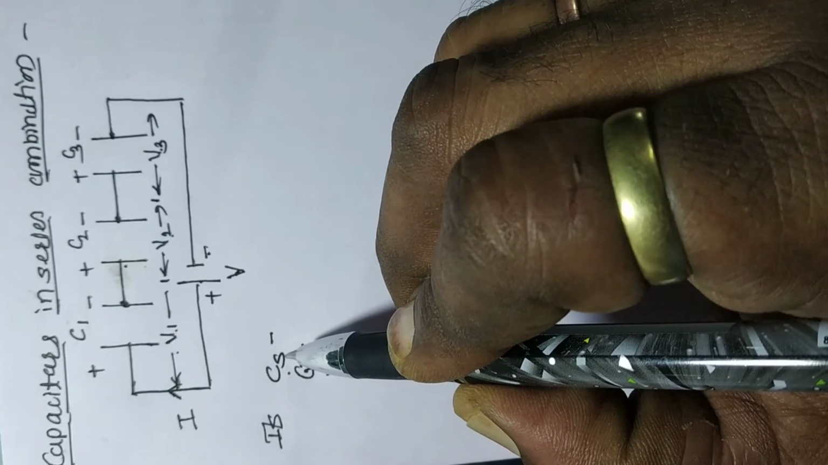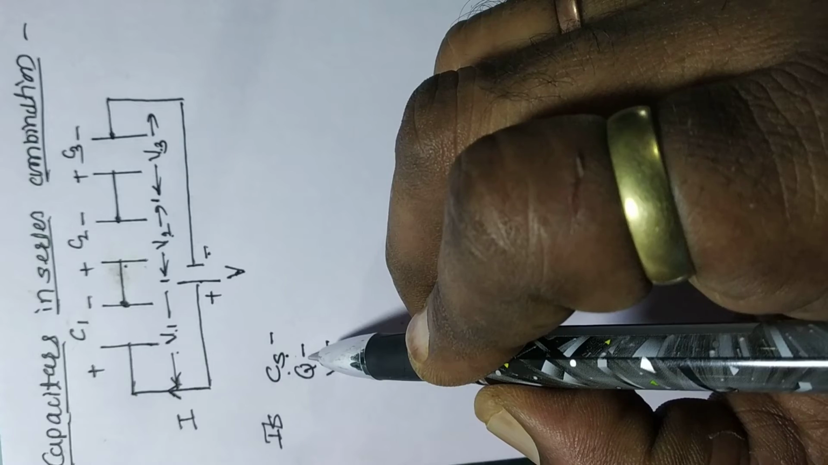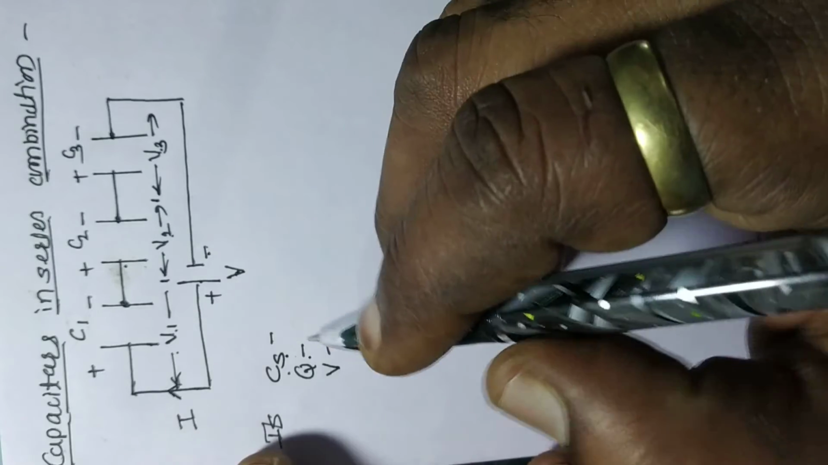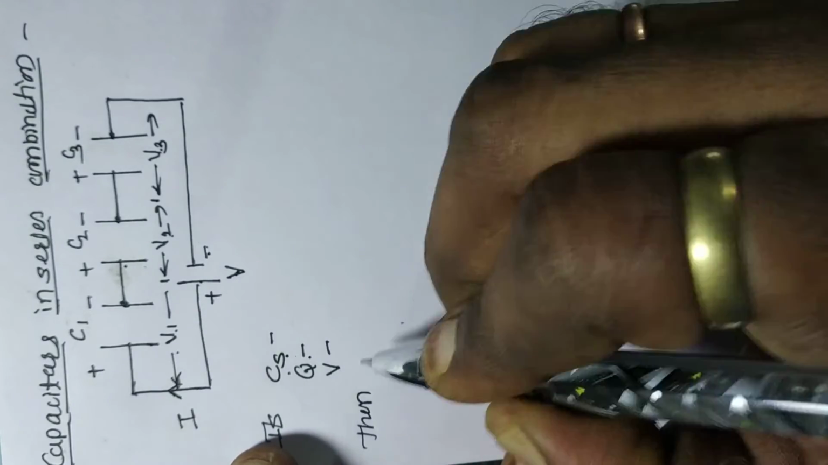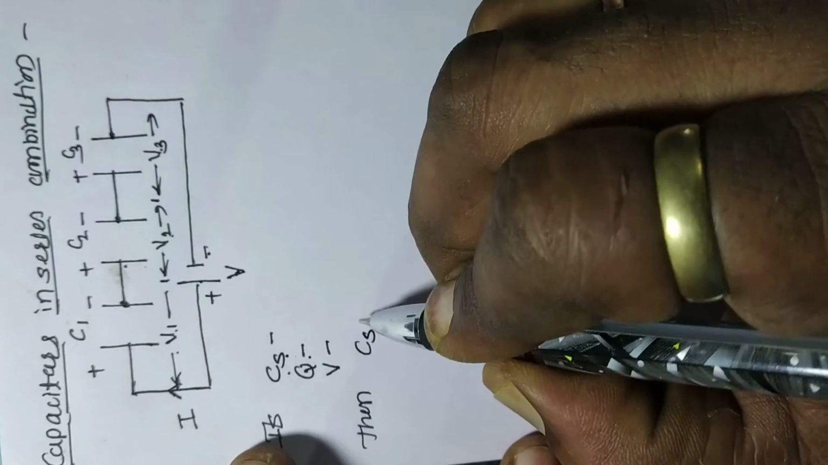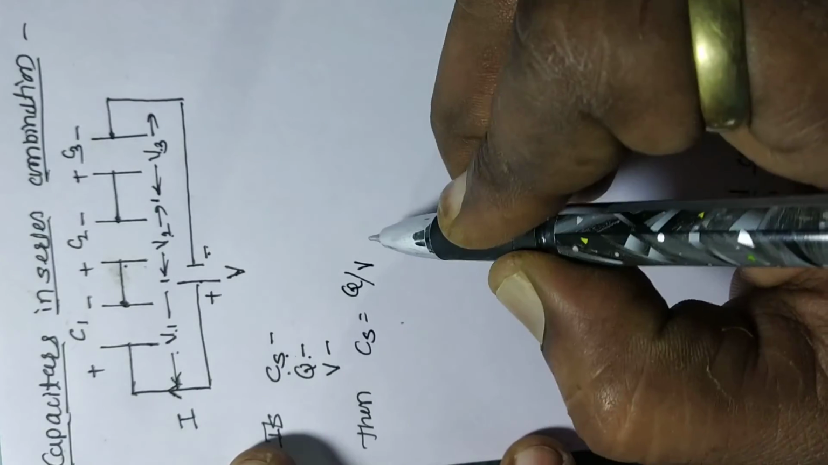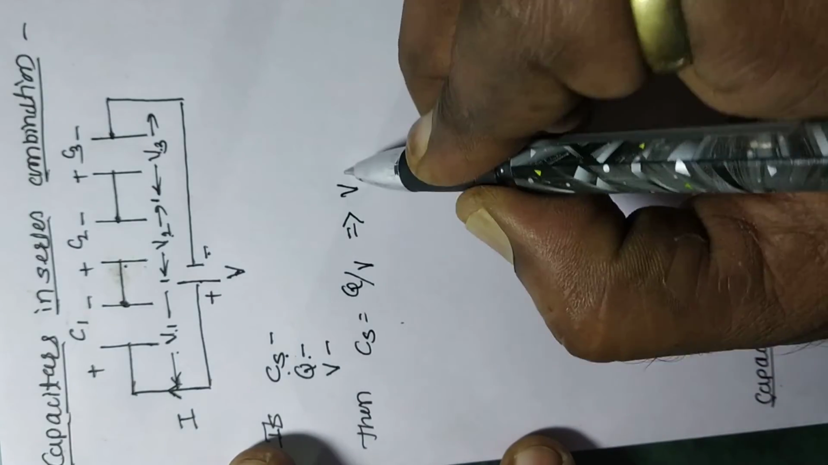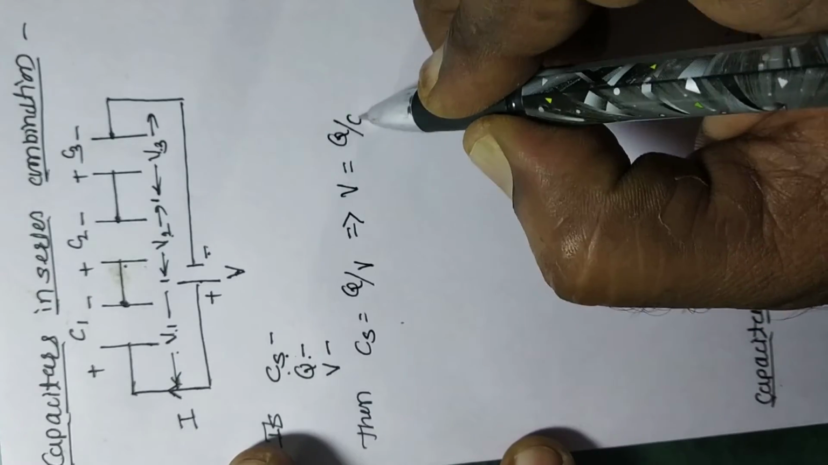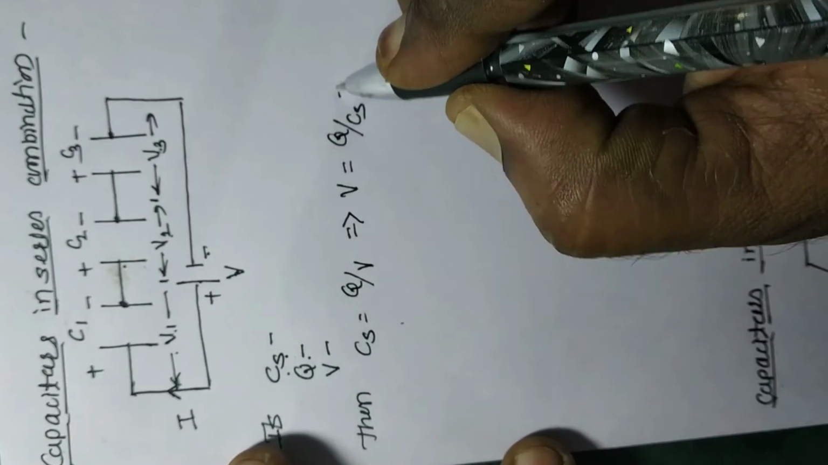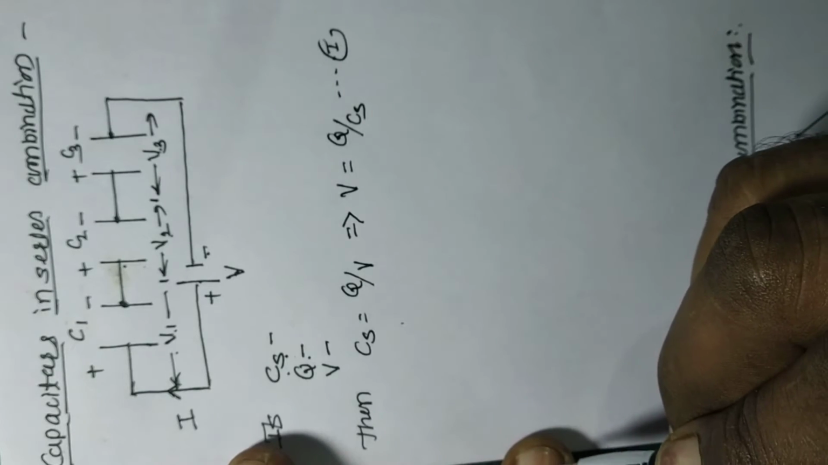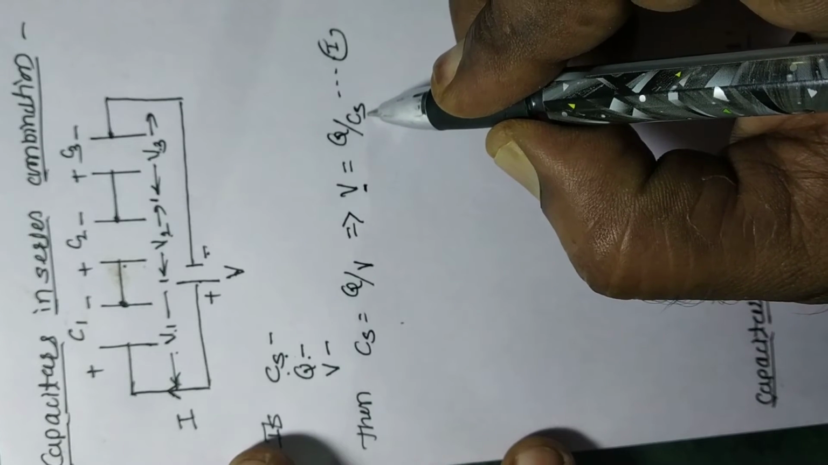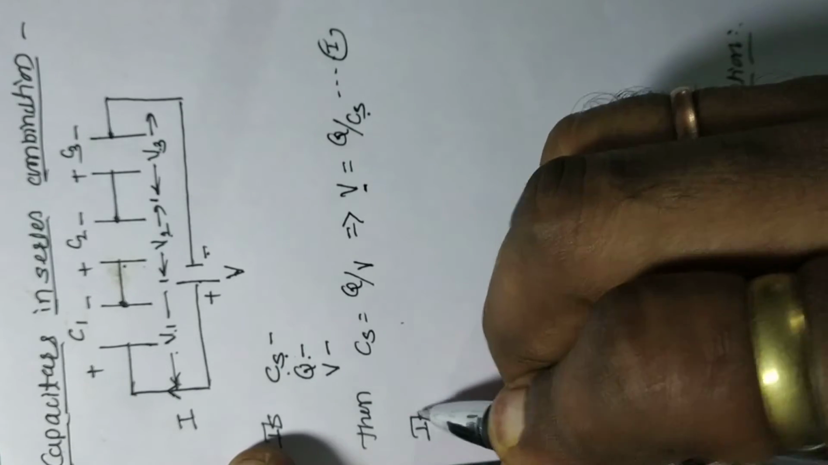CS is the resultant capacity, Q the charge, and Phi the potential across the series combination. Then CS is equal to Q divided by Phi, which implies Phi is equal to Q divided by CS. Suppose this is equation number 1. This is the total potential, with the resultant capacity. Suppose